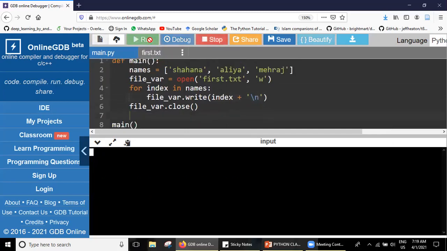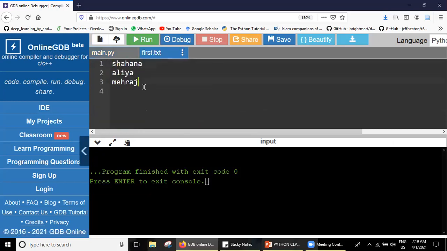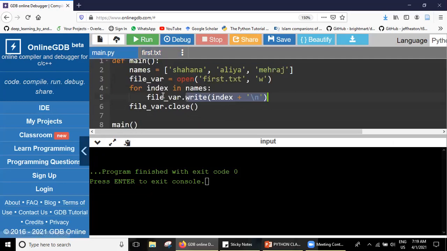Okay, because we are not storing it in the form of a list in the file now, but we are storing all of the things in the form of text. So we got it. How did we do it? We used a for loop, and then we ran the for loop throughout the list and wrote using the indexes. Okay, and then every time that we are writing each element, we are saying that please write the other element in the next line. So